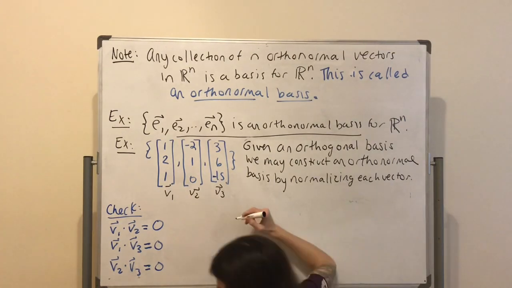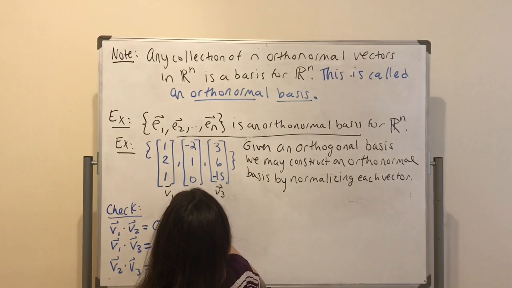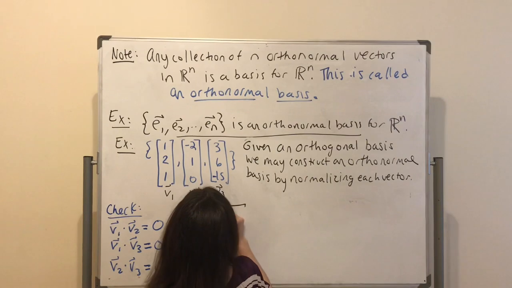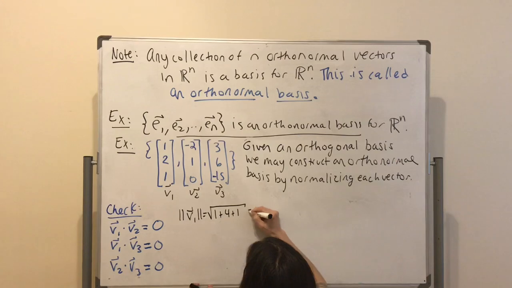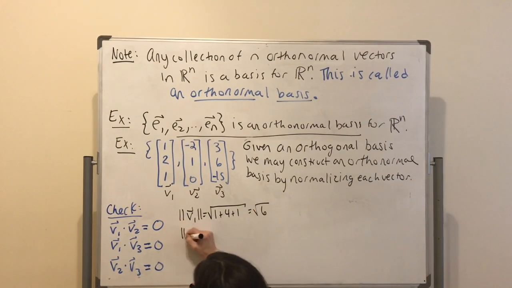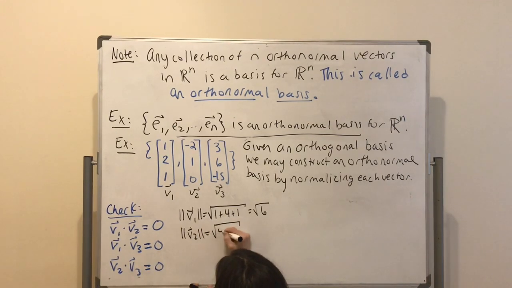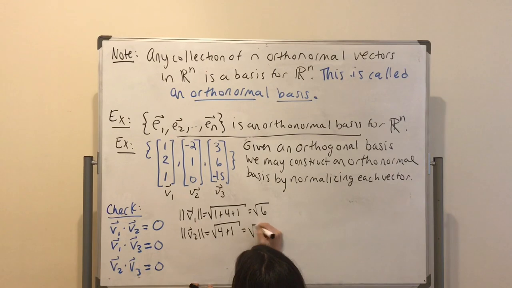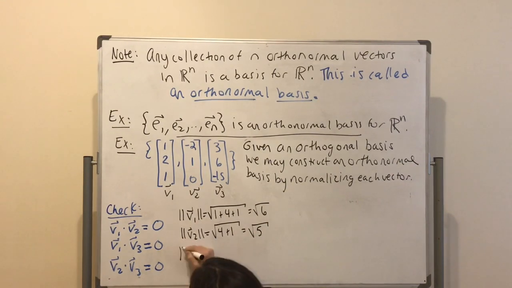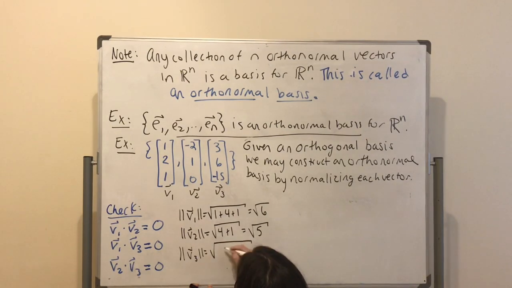is, maybe I'll move a little bit this way, the length of V1. This is going to be the square root of 1 plus 4 plus 1. This is the square root of 6. The length of V2 is the square root of 4 plus 1. This is the square root of 5. And the length of V3, this is the square root of 9 plus 36,